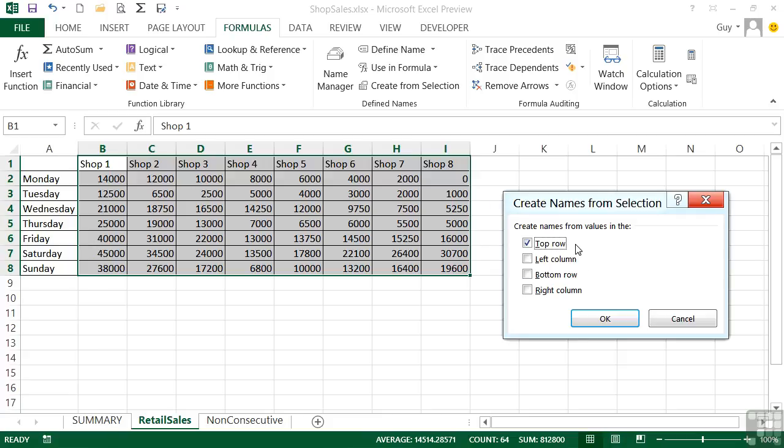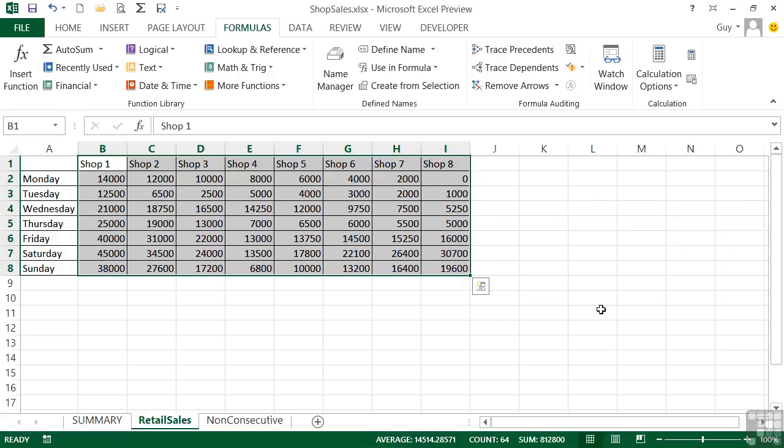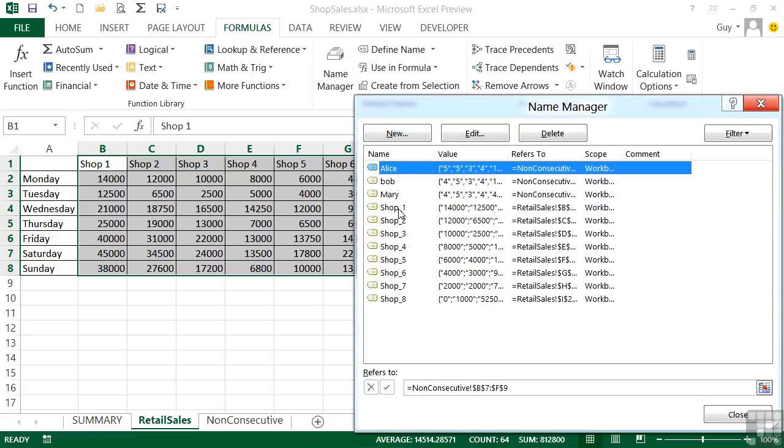If, however, you wanted to use the left column or the bottom row or the right column, if that's where your labels were, then that's achievable too by moving this tick. Well, mine are in the top row, that's fine. Okay. Now, to all outward appearances, it would appear nothing has happened, but if you look in the Name Manager, you now have shop 1, 2, 3, 4, 5, 6, 7, 8. Notice that although our cells contained shop space 1, the named range is shop underscore 1, shop underscore 2, shop underscore 3. So that's a quick way there of creating a number of named ranges